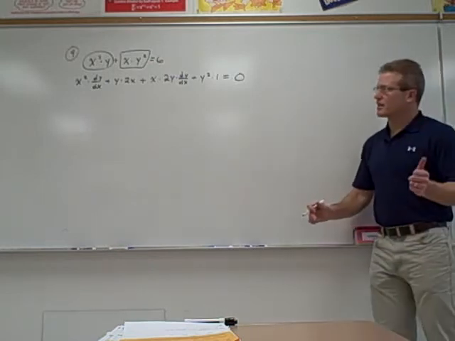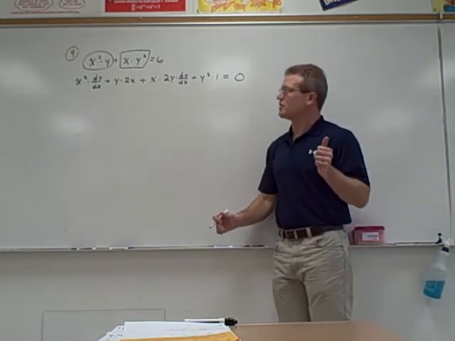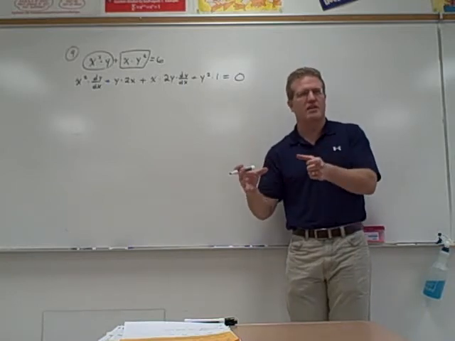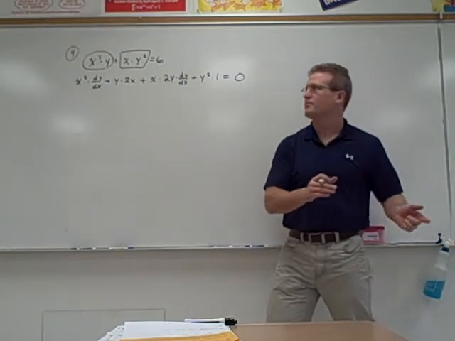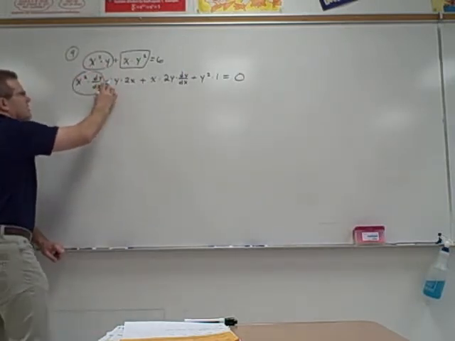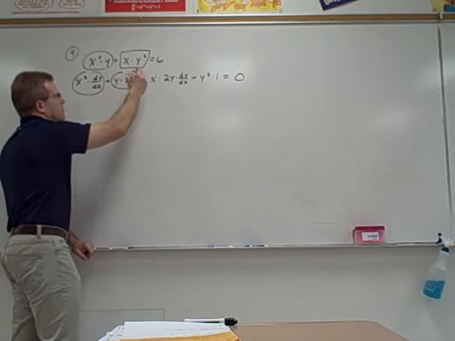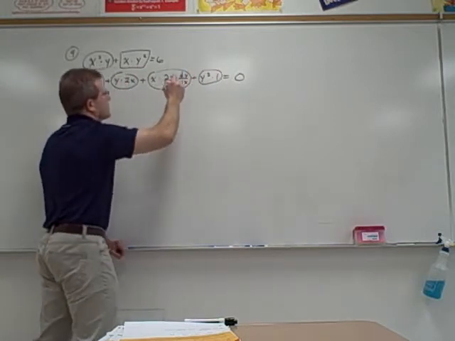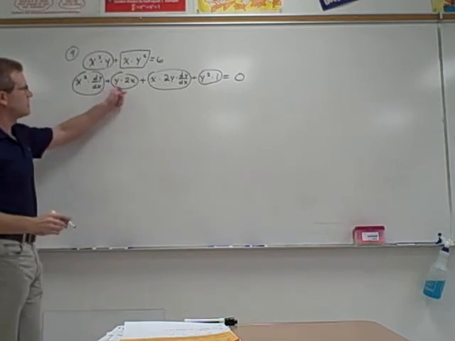All right, the second step in implicit differentiation is to keep all the terms that have the dy dx on the left side, or at least keep them on one side of the equal sign, and move everything else to the other side. So the addition symbols are what separate this into different terms. I see 4 terms on the left side of this equation. The terms that don't have a dy dx, like